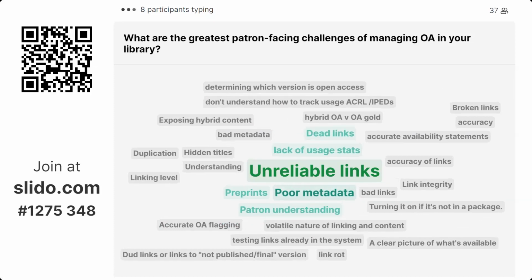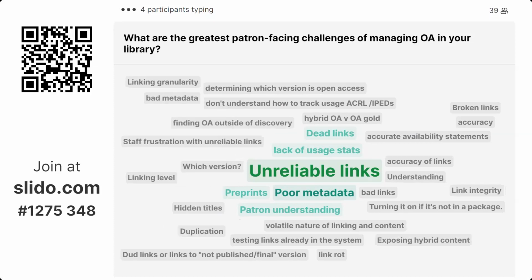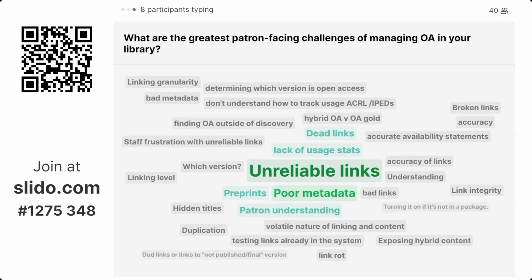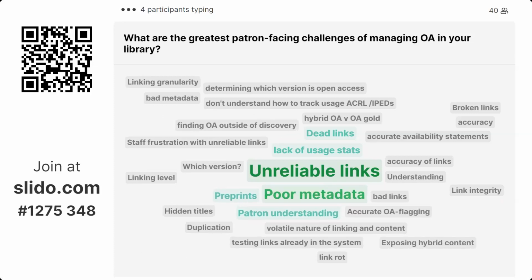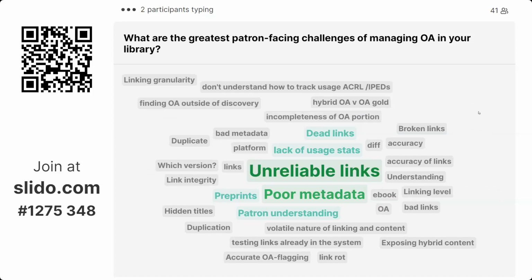It's really interesting. I see links do get a lot of space here. I think the Unpaywall solution would affect managing the linking issues. Would be happy to get your feedback on that. This poll is also open until the end of the presentation, and feel free to keep these answers coming. Okay, I'll move on to the next slide.